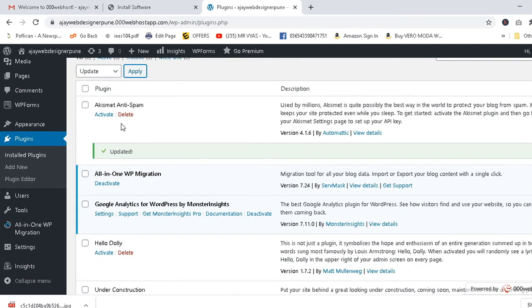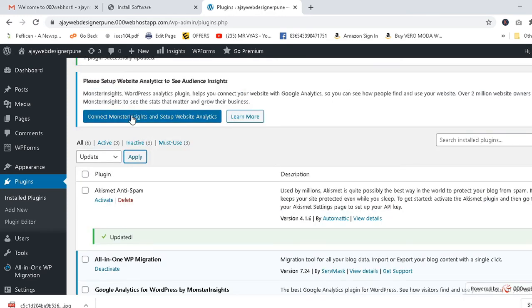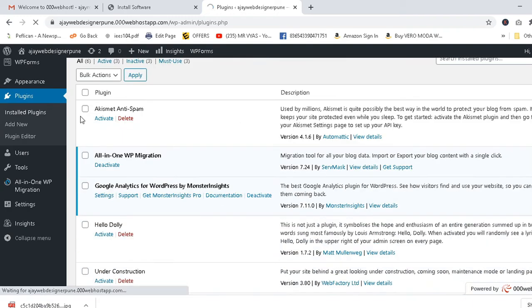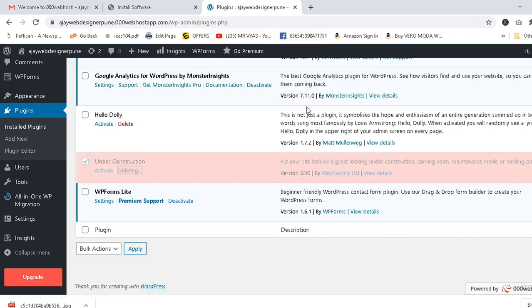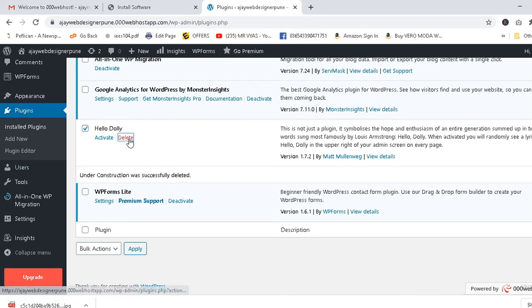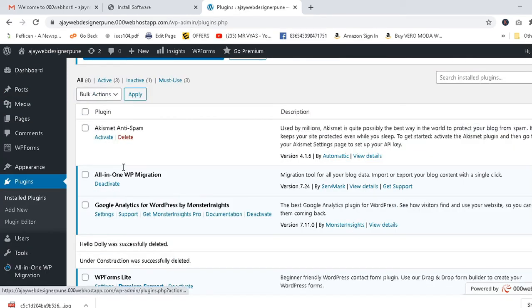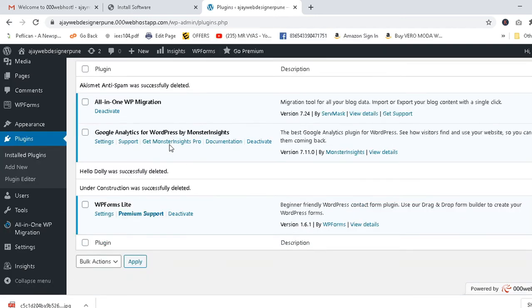Right now I have deleted a lot of plugins. Sometimes you may find you are not able to delete these plugins. After deleting, you can refresh and let's check how many are there. Let's select again, why is it not deleting? Okay, great. You can click here, delete. 1, 2, 3. I don't require this one also. Now I have 3 plugins.